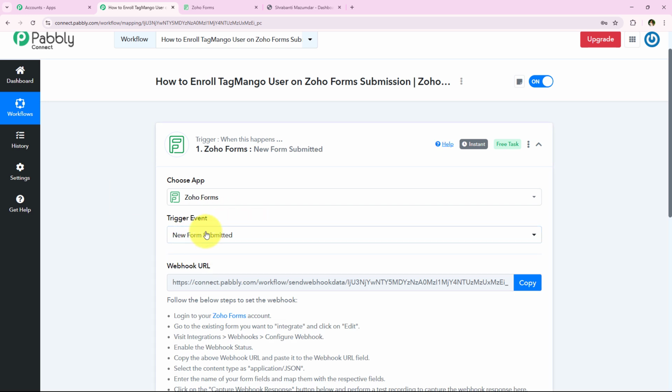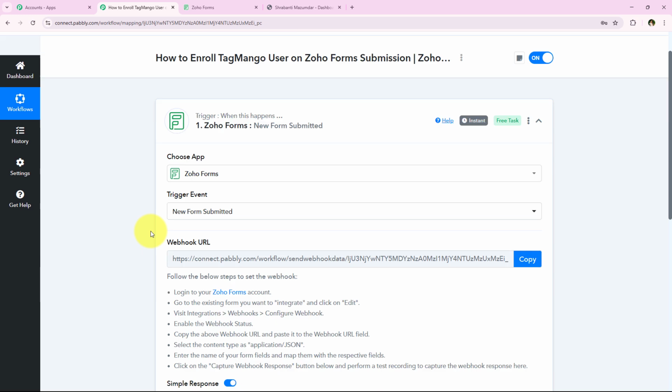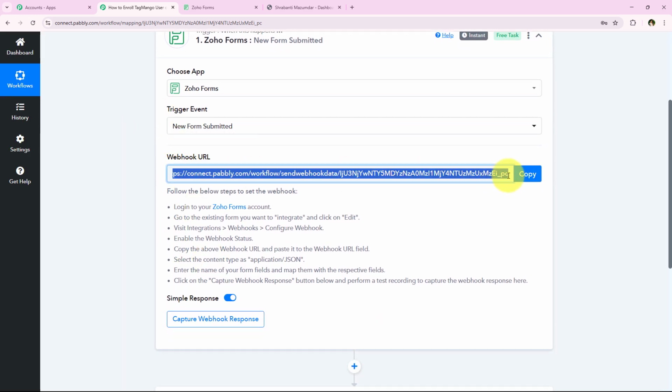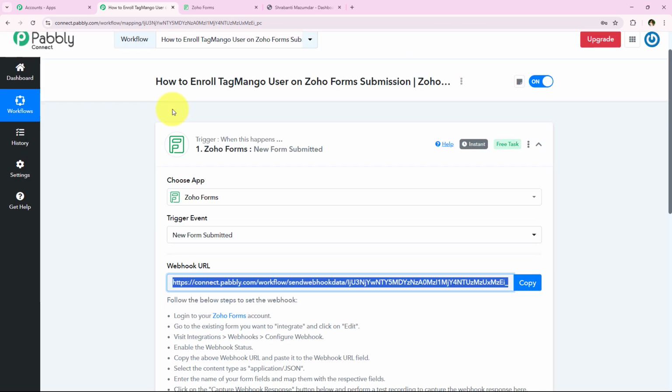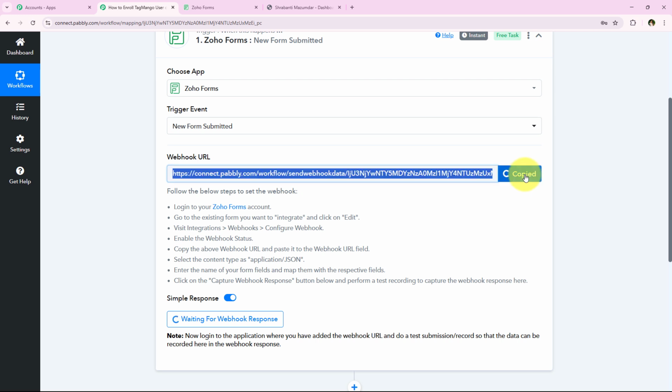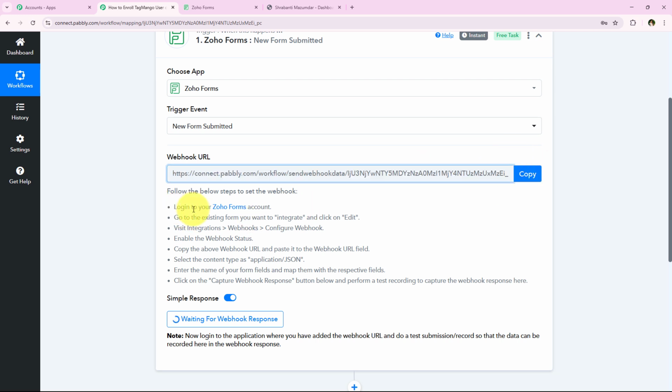So I'm just going to select my trigger event as new form submitted. And now it is giving me a webhook URL. So we are going to use this same webhook URL in order to create a connection between our Zoho Forms and our Pabbly Connect workflow. So I'm just going to copy this webhook URL, and then we have to